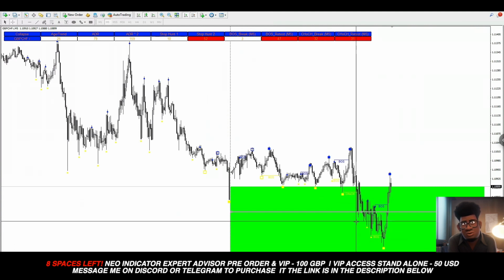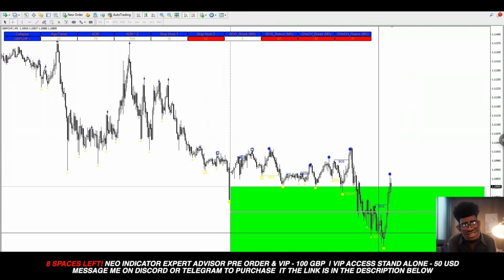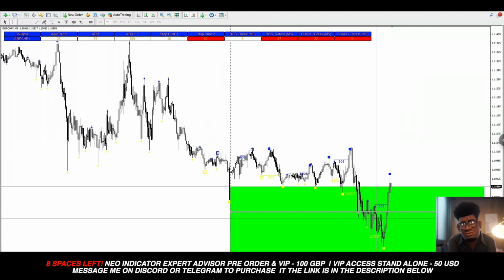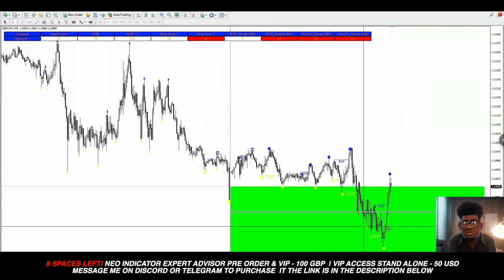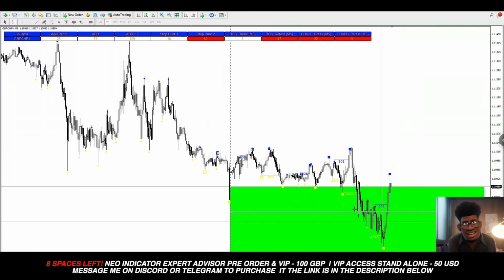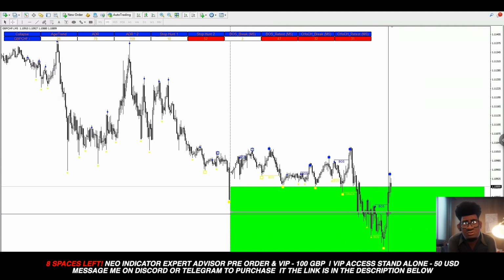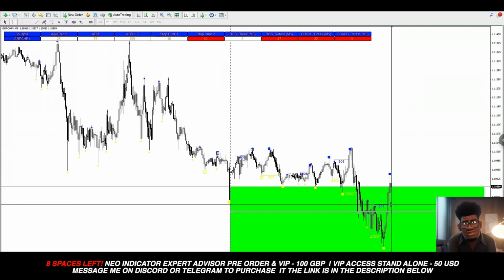And for the sake of this video, just so you're aware of how to use the expert advisor, once price action actually went all the way through into my demand area, grabbed the liquidity, when it was resting around here, it took maybe up to about an hour before we saw this break of structure happening. When it was hanging around this area here, this is when I would have switched on the auto trading button, and the EA would wait for this break of structure on the 5-minute time frame,